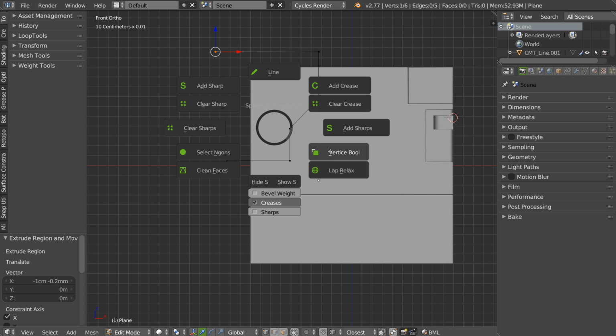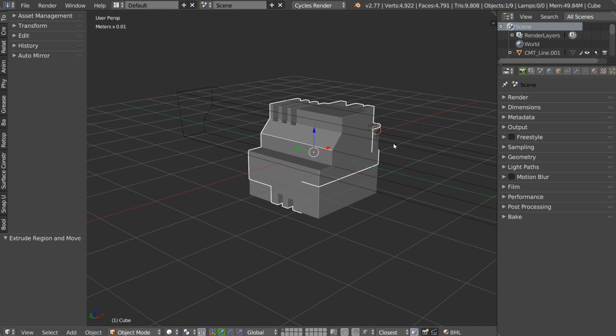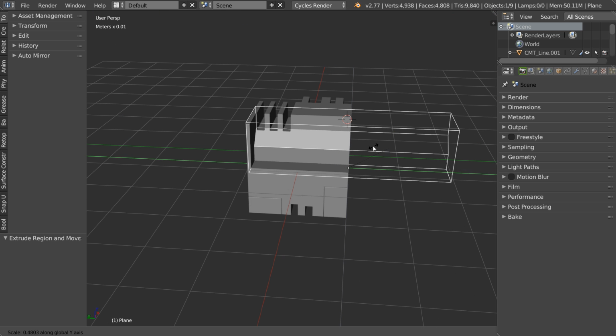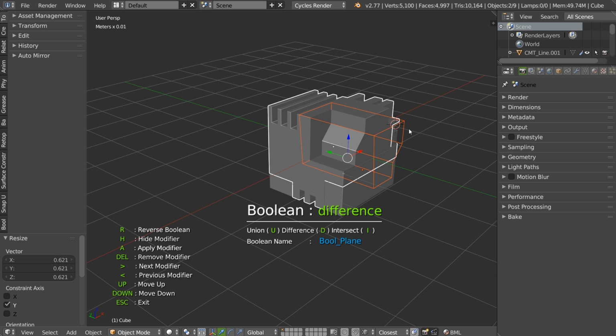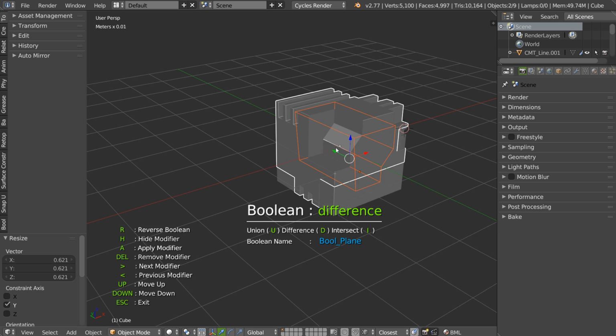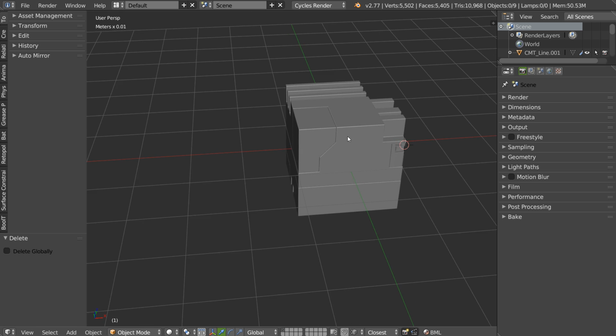I will make this. As you can see, after I can select this one, make a little scale like this, call the bool and make a rebool. Yep, and that's it.